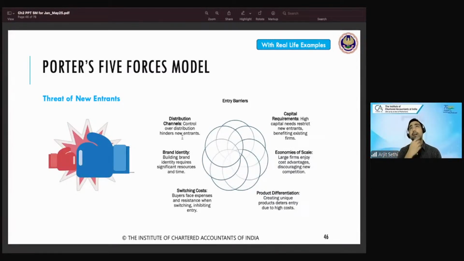Think yourself, if you're a business and new people are coming into your business, how would you stop them from coming in? You make your quality so much better that people don't want to go to a new product. You're the best. Okay. Cheap products, bring innovation, brand image, government policy. Look, Bhavna is saying get the government policy changed. Bhavna is thinking like Reliance, Adani, Ambani's, right? Policy change karwa do. Big brands doing that.